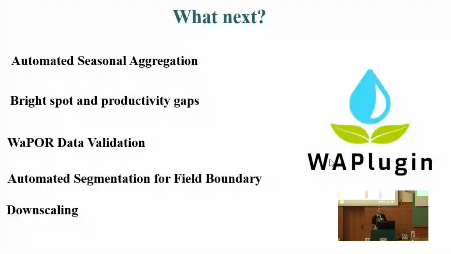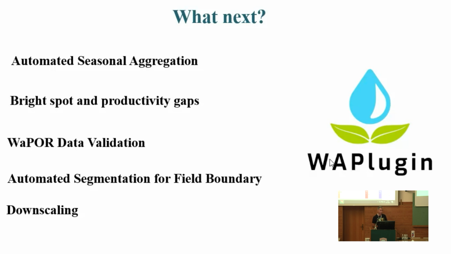So what are the other plans? I already mentioned decomposing the plugin into processing tools, so you can chain it up in your own workflows. Automated seasonal aggregation: now you can use QGIS tools to aggregate if you have decadal data over a whole growing season, if you know the begin and the end date, but it would be nice to have that in the plugin